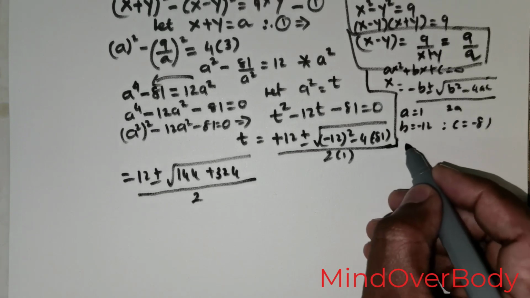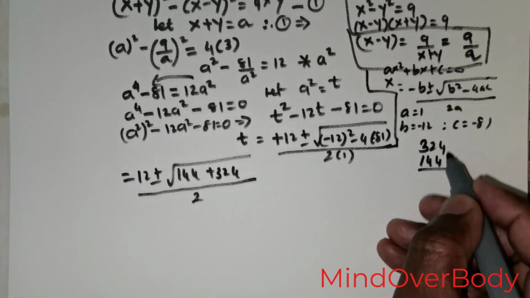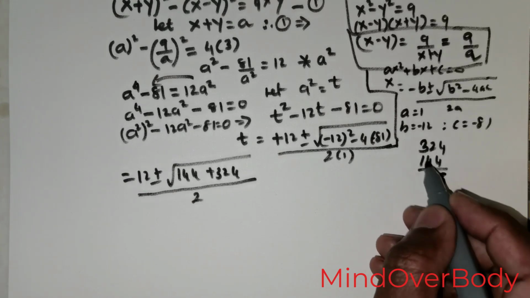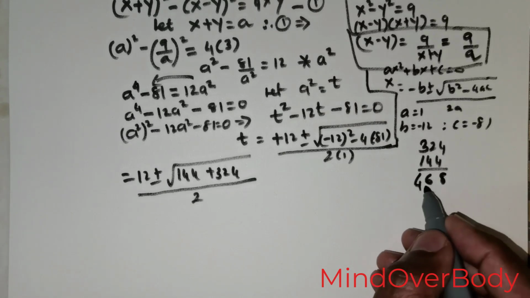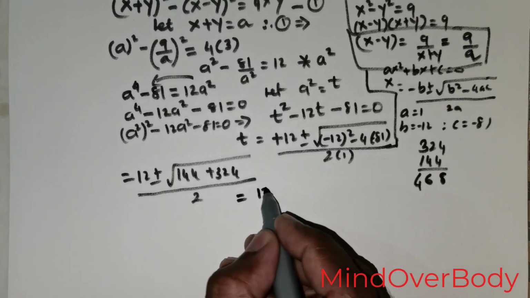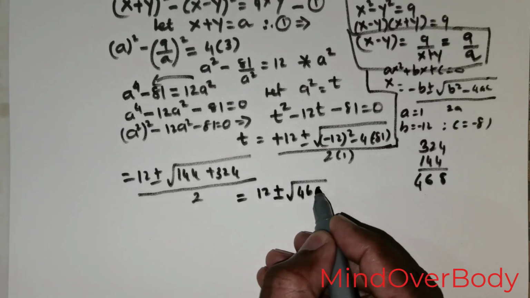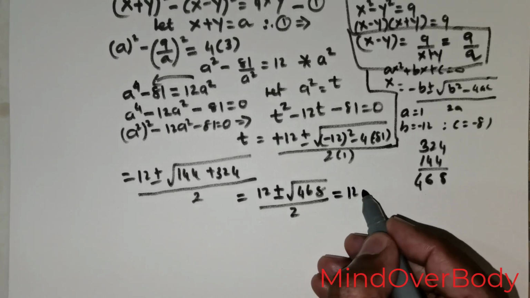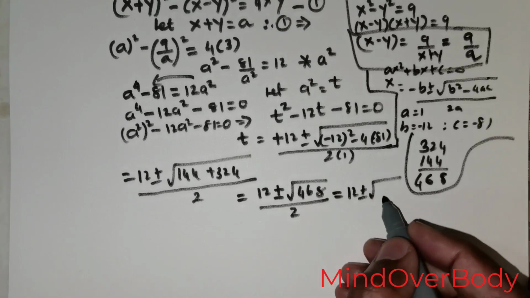Now if you were to add 324 with 144, you will get 4 plus 4 is 8, 4 plus 2 is 6, 3 plus 1 is 4. So you're getting 468. Now let me write that down. So this is going to be 12 plus or minus root of 468 divided by 2. Now I'm going to rewrite this as 12 plus or minus root of, now 468 can be rewritten